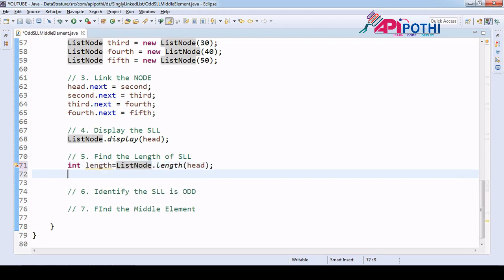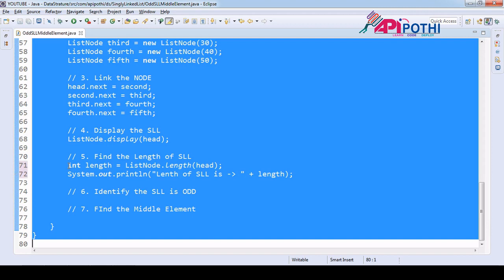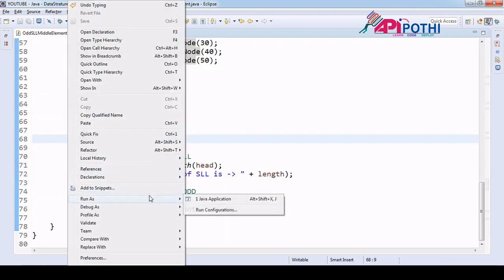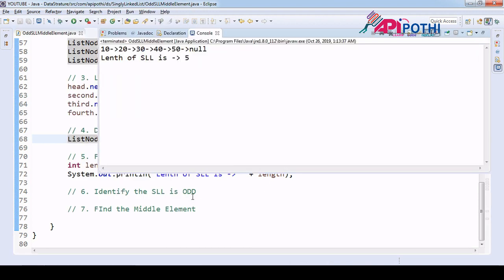Now we can have one SOP here saying length of singly linked list is,